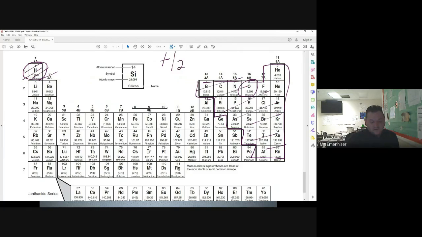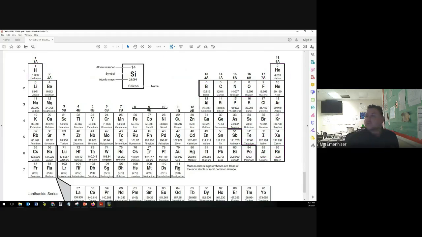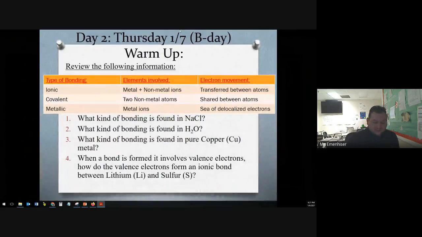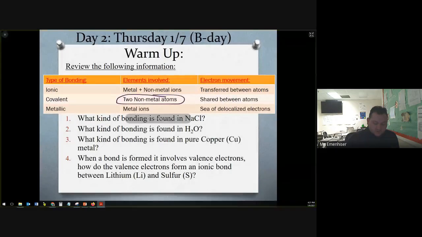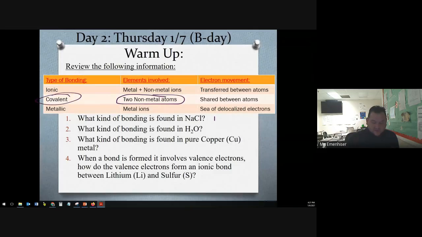So H2O, and it doesn't matter how many of the atoms you have. So in the water molecule, you have two hydrogens, but it doesn't matter. You just have hydrogen and oxygen. Since they're both nonmetals, we can figure out what kind of bond it would have. So let's go back to our chart and see what that would be. They're both nonmetals. So if we look here, two nonmetals, what do you know? It's a covalent bond. So this first one was ionic. Second one is covalent. And this is where the electrons are going to be shared between the hydrogen and the